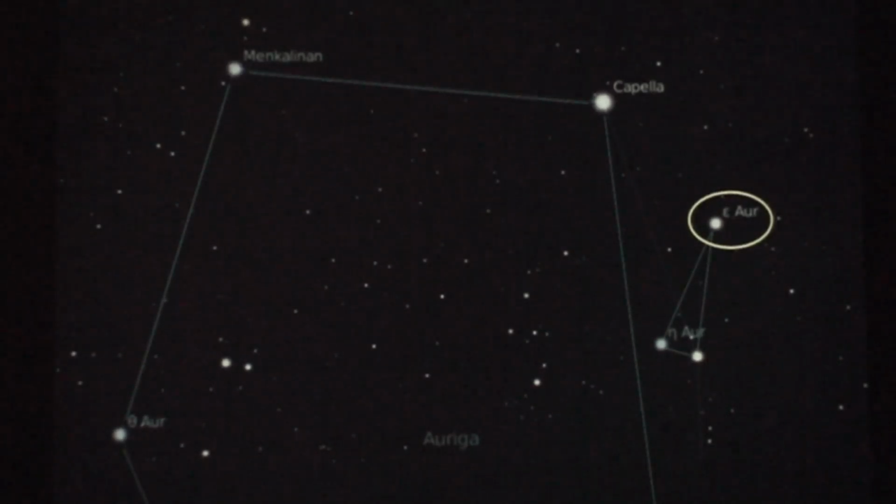First of all, Epsilon is a variable star. Variable stars change in brightness over a function of time, and there are many reasons for these fluctuations. In Epsilon's case, it is called an extrinsic variable, which means that the light output changes due to stellar rotation or eclipses near the observer's line of sight.